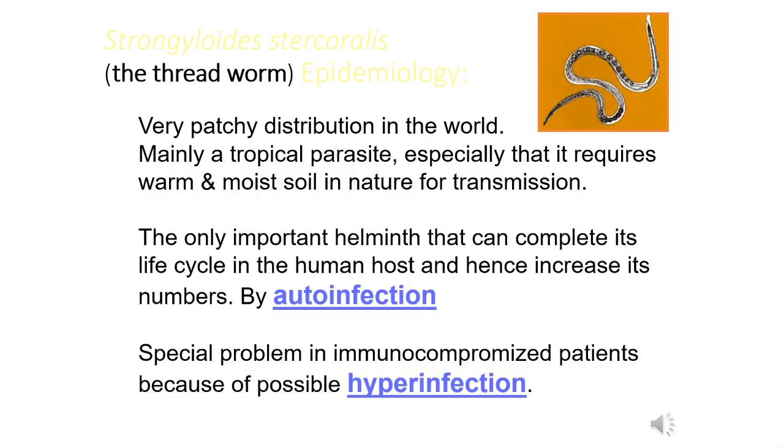Then we go to Strongyloides stercoralis, a step higher in complexity among those roundworms. It's referred to as the threadworm. It tends to be thin and elongated. It has two specific characteristics here: auto-infection and hyperinfection. Now, auto-infection results in the infected person in the sense that if the larvae of these worms